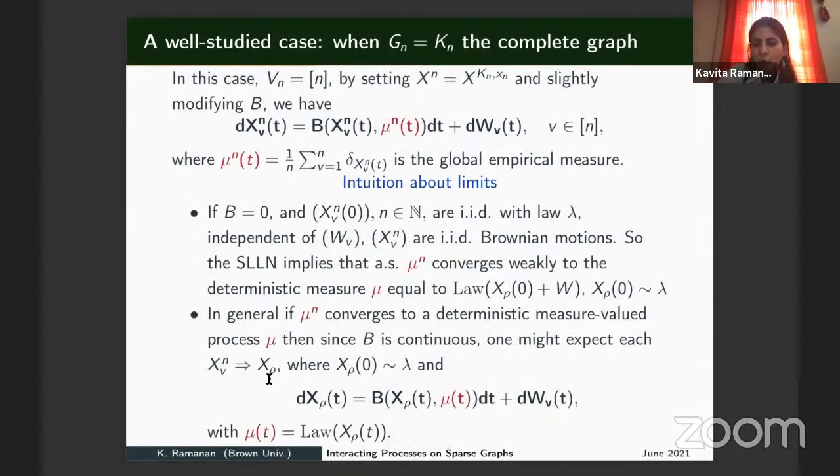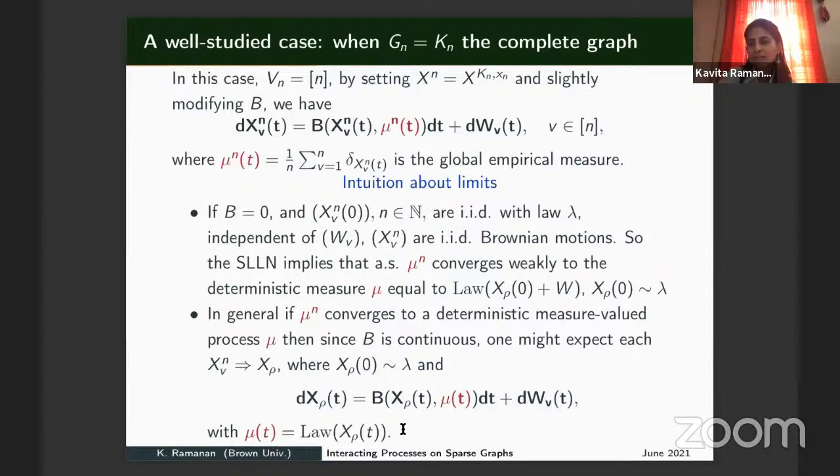By the way, rho is usually going to be some generic vertex for me, so that's why I'm writing this rho here. So mu of t, remember in the past one, was just the law of x of t. In the first case, when b is equal to 0, it's actually the law of xn of t for every n, because it's not changing with n. But here you would expect again, by the strong law for some correlated variables, that you would go to the limiting expectation, and that may be the law. So this is something that you may guess is true.